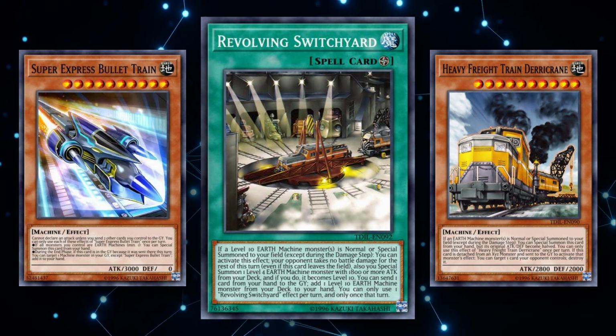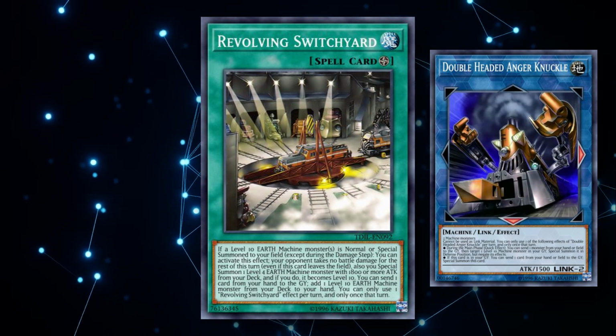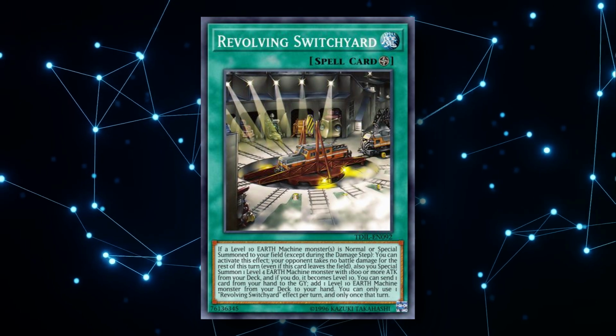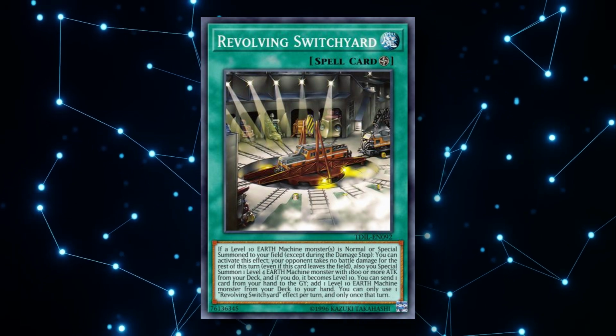And while their levels aren't that great for Xyz plays, in this deck they can very easily be simple tribute fodder for our level 5s, or link fodder if we wanted to summon Anger Knuckle for survival plays. Revolving Switchyard being a face-up spell can be really nice destruction fodder for the Ancient Gear Catapult, but if you don't use the catapult on it and you special summon one of the level 10s it searches for,